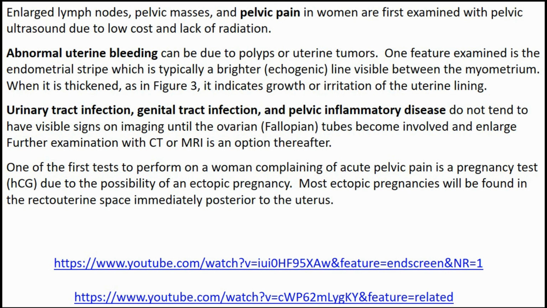And not to be forgotten, if you have a woman who's of childbearing age with pelvic pain, getting a pregnancy test looking for human chorionic gonadotropin is an excellent idea. Even if you have ectopic pregnancy, that embryo will still be producing human chorionic gonadotropin, HCG, and that can be detected. And if there's no fetus present in the uterus, you may have to look a little further and see if you can find the fetal evidence of a fetus somewhere else. Again, go ahead and look at these videos and you can see how the appearance of an ectopic pregnancy will